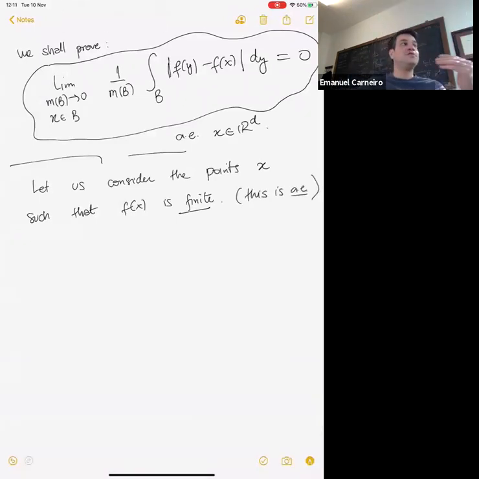Since my function is integrable, the value of f at the point x is finite almost everywhere. Okay, so point x is finite. Okay. So in order to prove this statement star that I'm marking here,